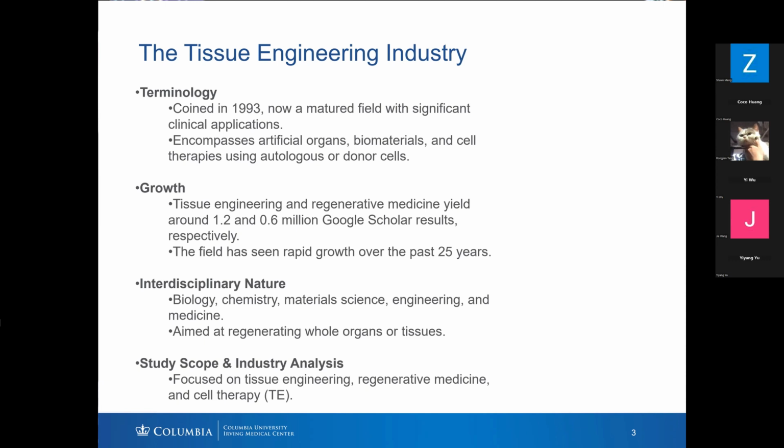The growth in this field is evident from the substantial number of research publications. There were over 1.2 million results for tissue engineering alone on Google Scholar, so that's a lot of papers. This underscores the field's rapid expansion over the past 25 years. Tissue engineering is inherently interdisciplinary, drawing from a variety of scientific and engineering disciplines to achieve the complex goal of